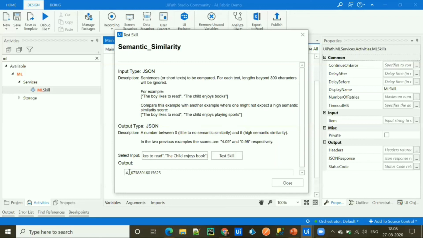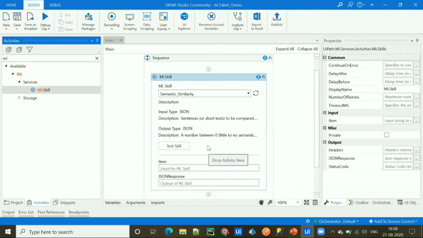So you can see the output, which is the similarity between these sentences, and it is 4.16. That means these two sentences are very similar to each other. So this is how we can call the ML skill in UiPath Studio and test our deployed ML skill.